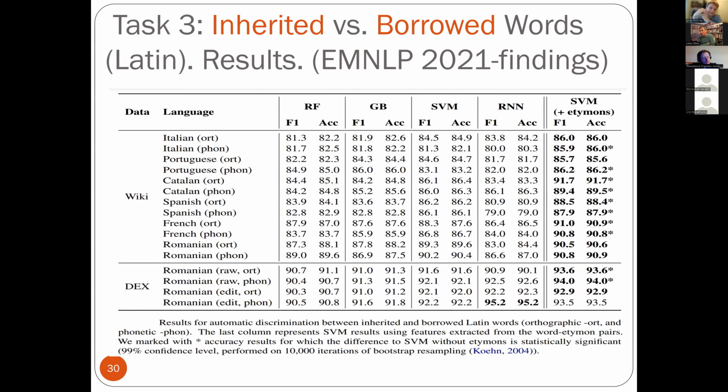Yeah. So one thing we found is that the use of IPA is basically just too fine-grained. There are too many symbols, and too many things like stress markers and small differences which actually get in the way of detecting cognates. So we found that if you simplify the phonetics a little bit, it works much better than if you use the IPA directly.